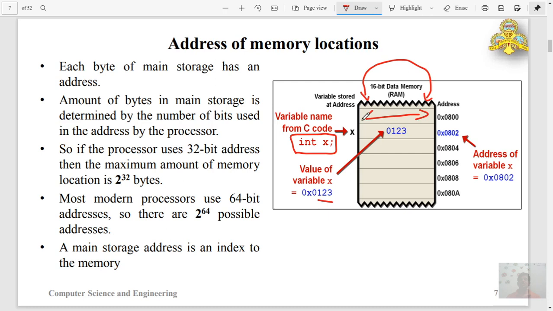So each byte of memory storage has an address. Address is just similar to the roll number of a student in a class. By using the roll number, we can identify a particular student in a class. Likewise, the postal department also identifies a particular person or location based on its address. If the address is correct, then the sent post will be delivered to the correct address. If the address is wrong, then the postman cannot deliver it to the correct person.